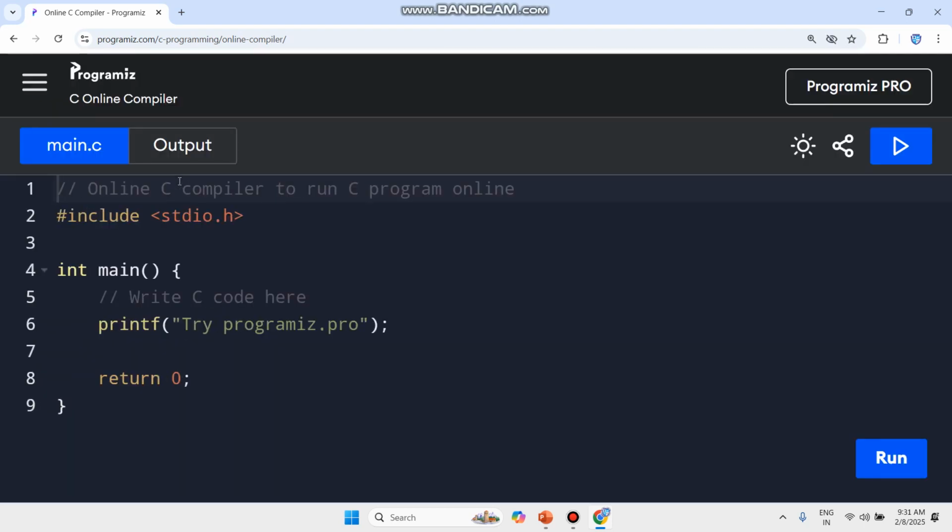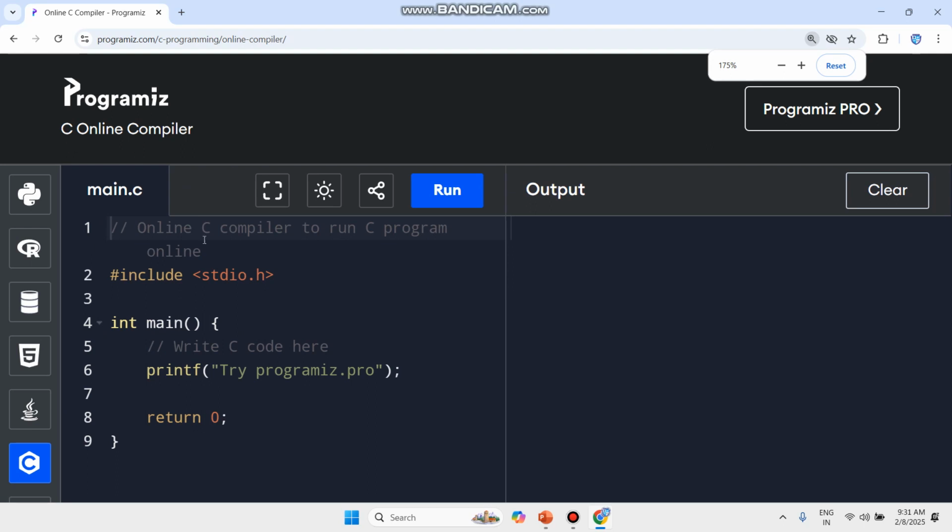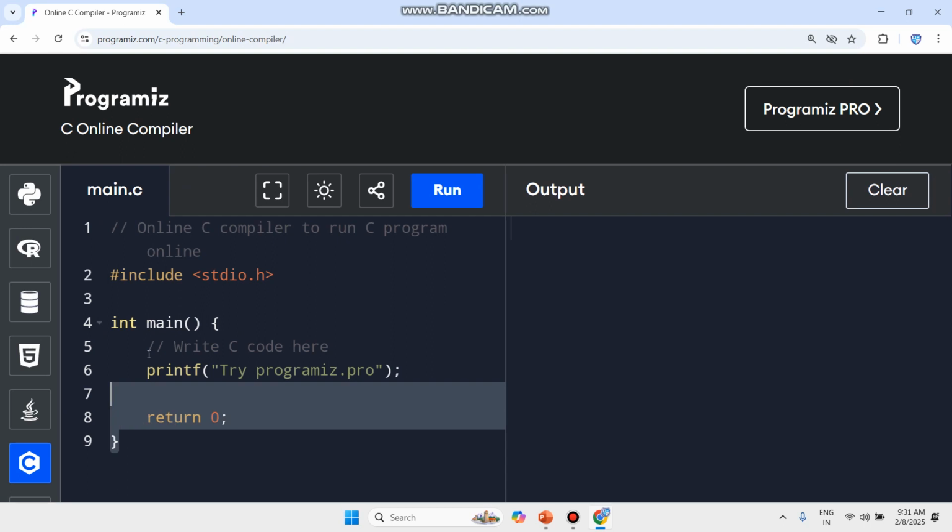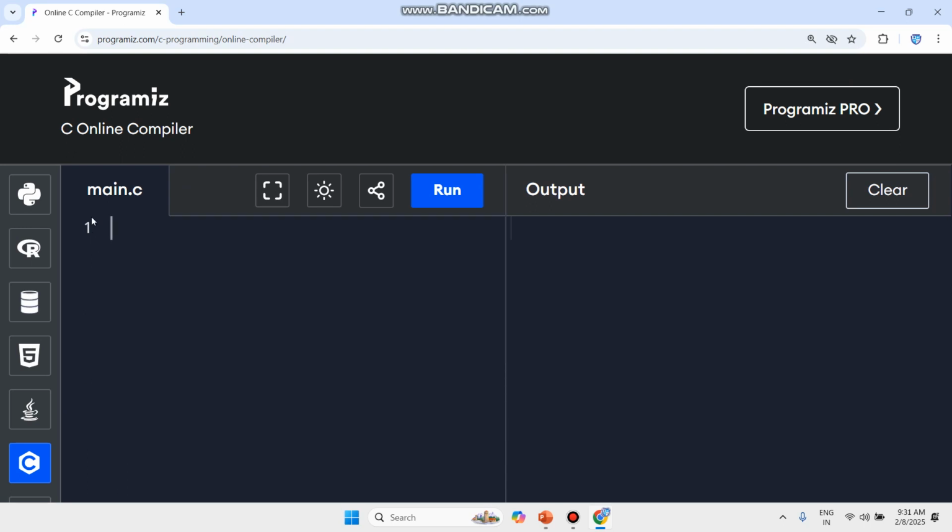Guys, really, please don't take predefined things. I want you to write yourself, then you can understand where and what you want to write. Now I am erasing everything and starting from scratch. First, we are writing the syntax of the C programming language. Okay, now let's go. First line.